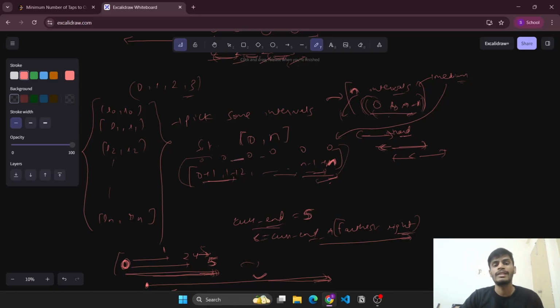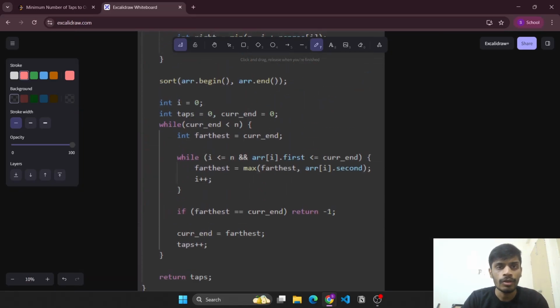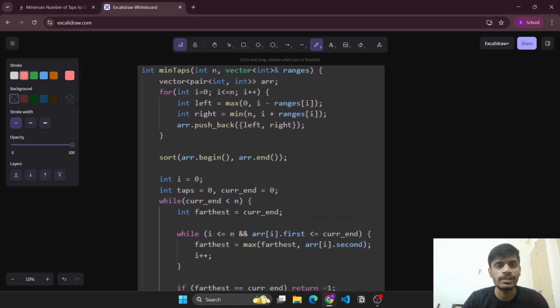We need to fulfill these ranges. So this is the main observation that we need to do in this problem. So let's see the code for this approach. What we'll do is find out the left and right interval for each range from 0 to n. We find out the left part, we keep a limit so that it does not become negative, and we keep a right limit as well so that it does not exceed n,